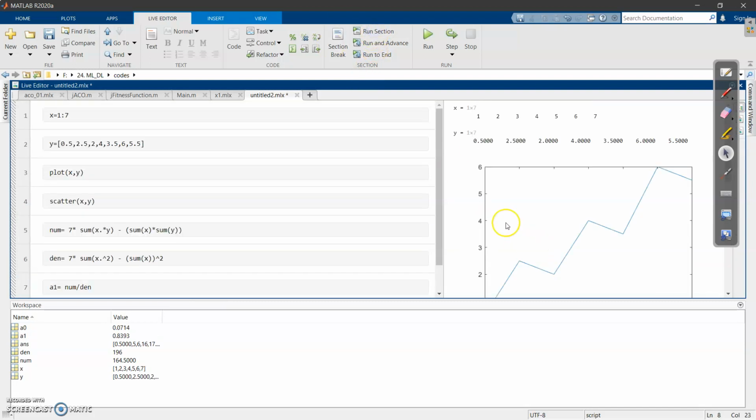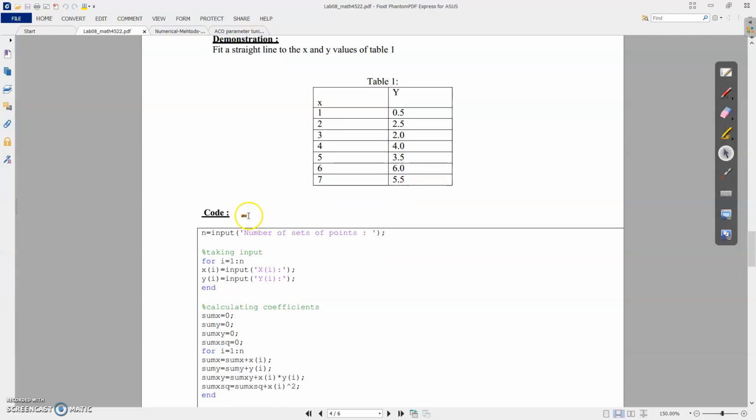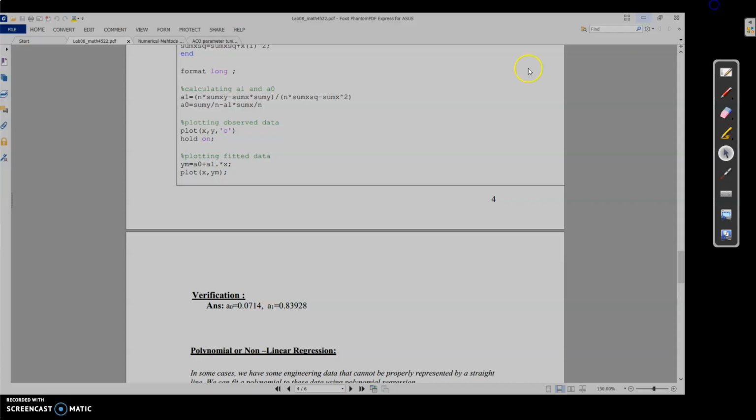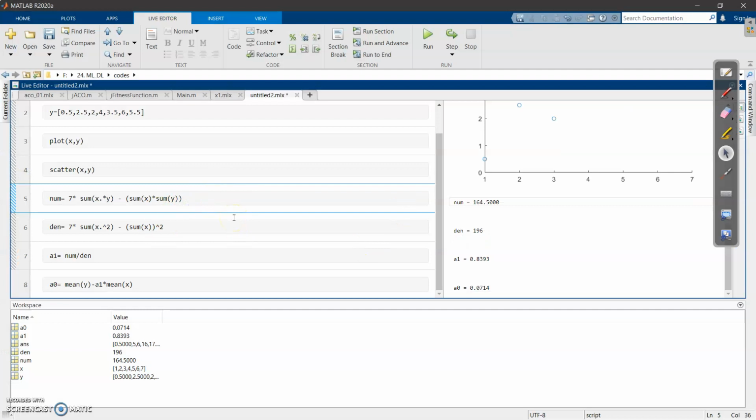So that is 0.0714, and if you check here, 0.0714 and 0.839. So our calculation, what we are doing here, is correct. Okay, so